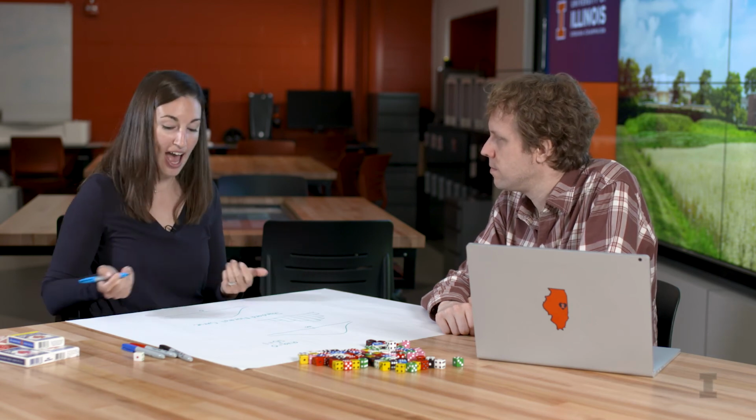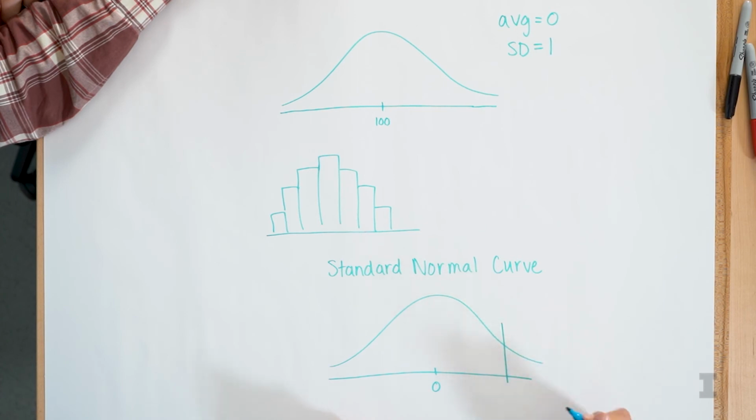Like for the height data, if my height ends up being right here, I can use the area to figure out what percent of women are taller than me. So that's a pretty small area, especially because it gets narrower. So that may only be 5 or 10% of all women are taller than you and 90% are shorter. Exactly. And we can, again, use the table associated with the standard normal curve or Python to calculate this exact area.